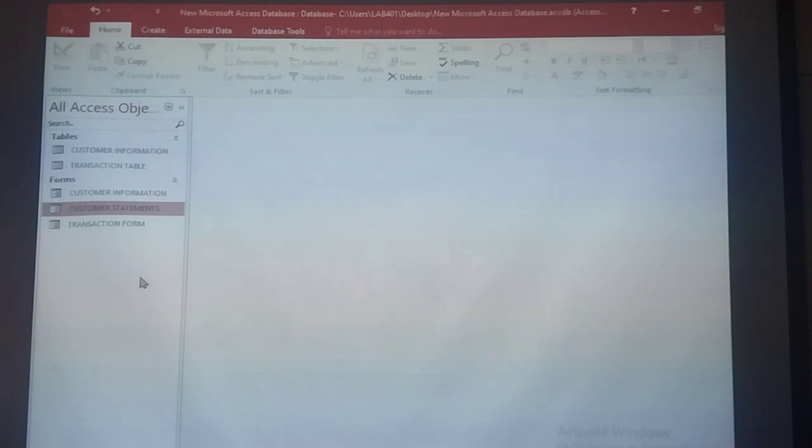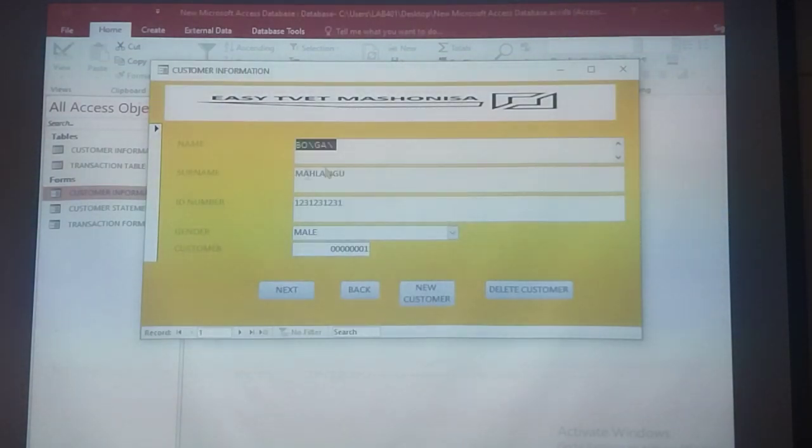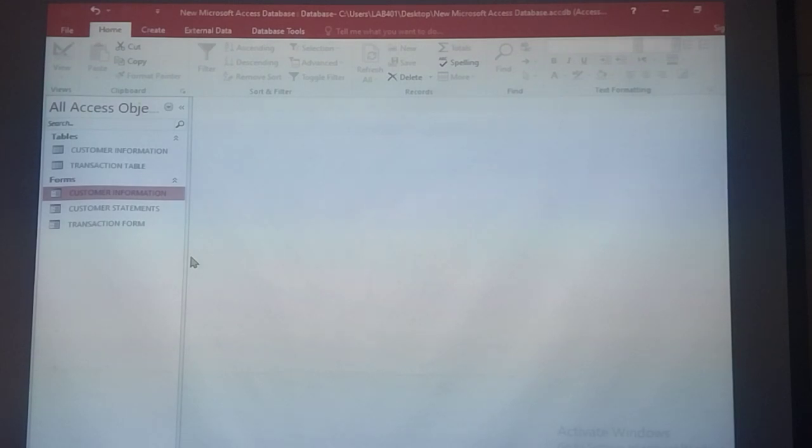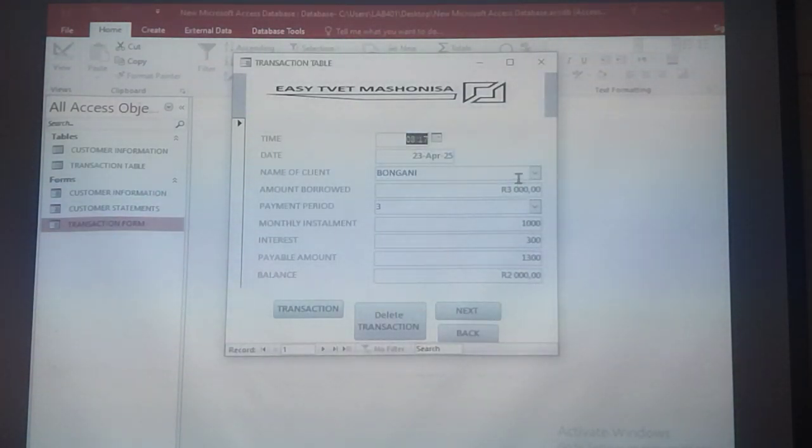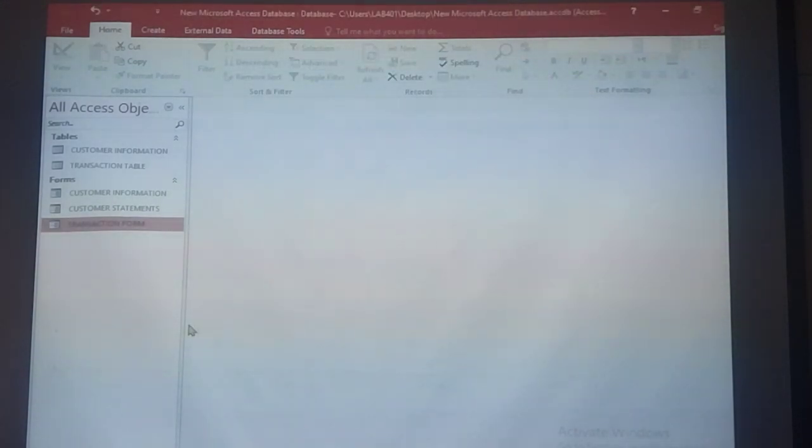In this system, it means if the customer comes for the first time, we go to customer information, we register the customer using this form. And then after we've registered the customer, and if the customer qualified to take a loan from us, we come to here, we do a transaction. It will calculate for us all the amount. After that, if the customer requires a statement, okay, we go to